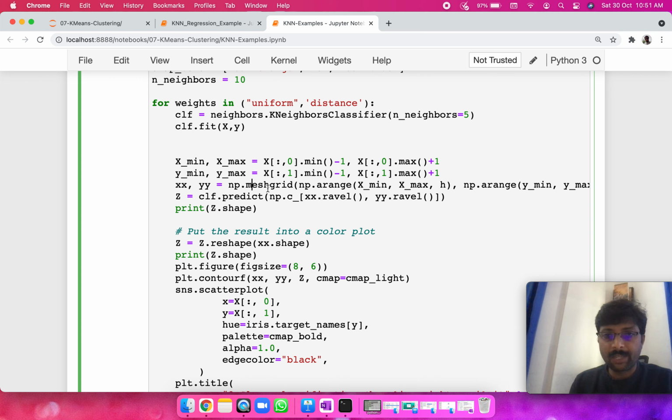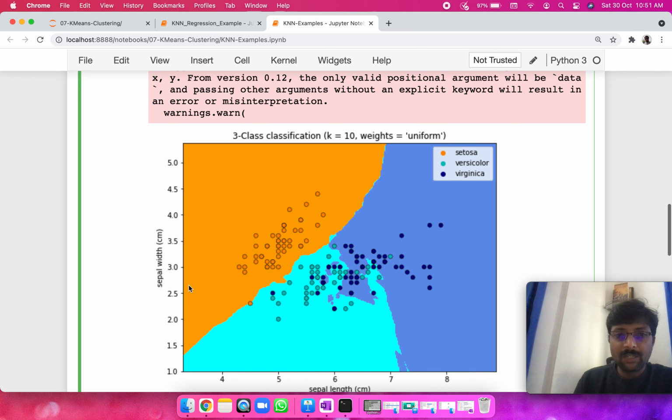These two one-dimensional arrays are passed to the mesh grid, and what the mesh grid really does is broadcast the x values along the y-axis. Because we want a Cartesian product of it: all the x samples and all the y samples, so we have a sample for each and every location within this grid. For that to happen, we take the x values and broadcast them along the y-axis, and we take the y values and broadcast them along the x-axis.